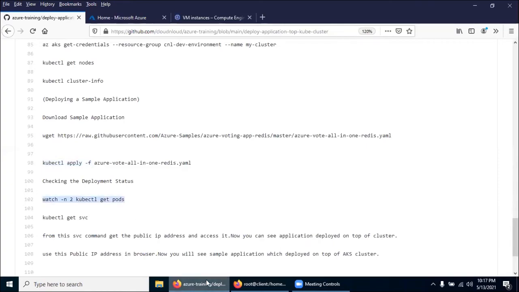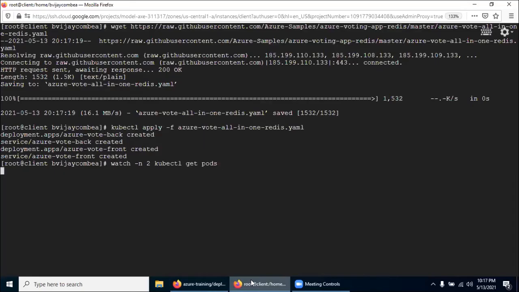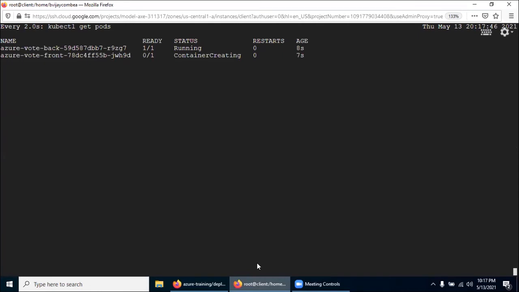You need to run this command as soon as you deploy the sample application, even though I got somewhat delayed. You will see a container getting created. We'll wait for some time.